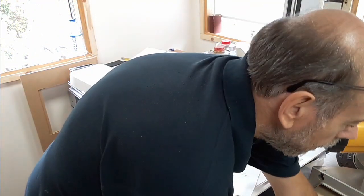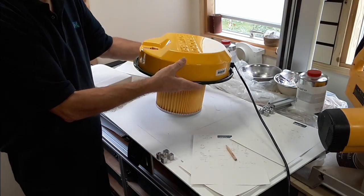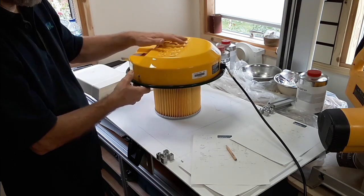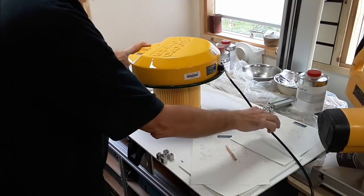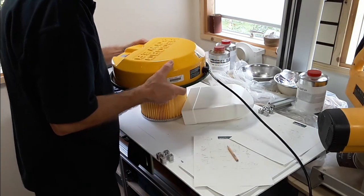But I want to take the top off the damaged Record Power unit that I've got. There's nothing wrong with that. It's brand new, unused, with a new filter. The very top level, if you like. And then below that